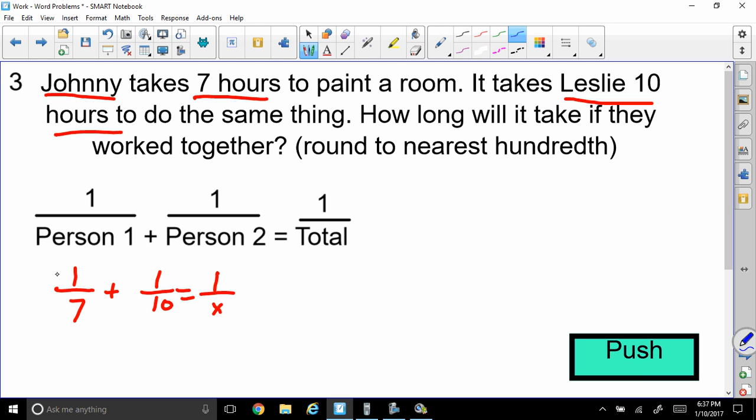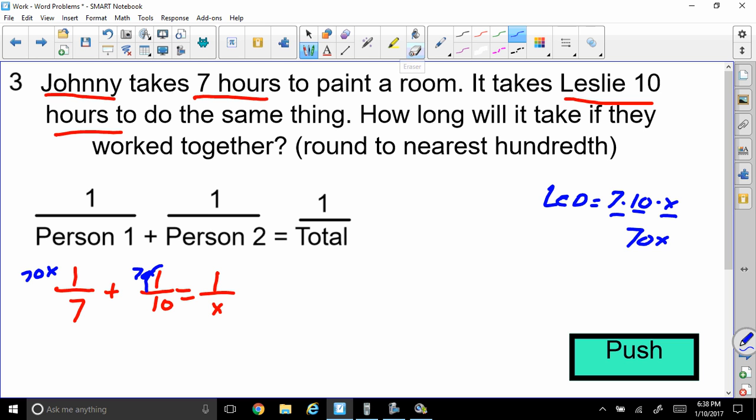Well, a couple ways you can do it. I like to do a little algebra by clearing the denominator. So here we have to find the LCD, which will be multiplying 7 times 10 times X. So the LCD would be 7 times 10 times X, that will equal 70X. So if we multiply all terms by 70X,